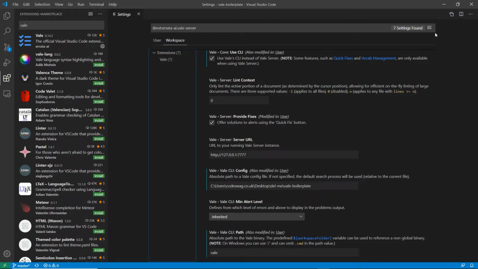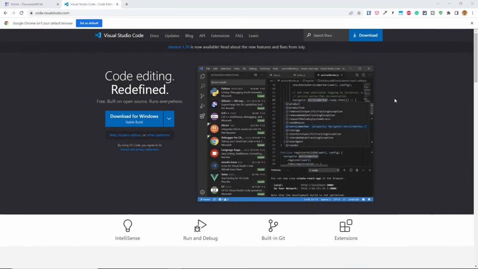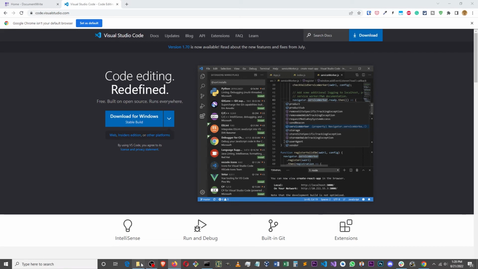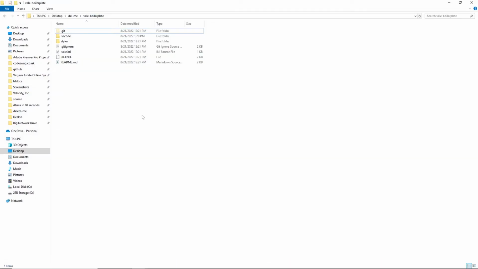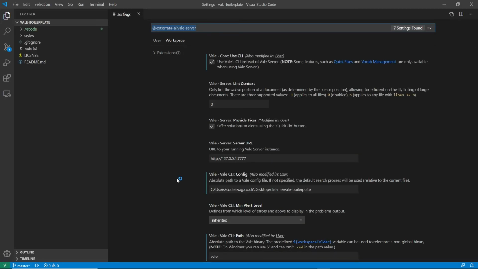So now we need to restart VSCode. You can just close VSCode, go back to Explorer, open with code, and our settings have been saved. As you can see, our settings are there. So now when we open the readme.md,